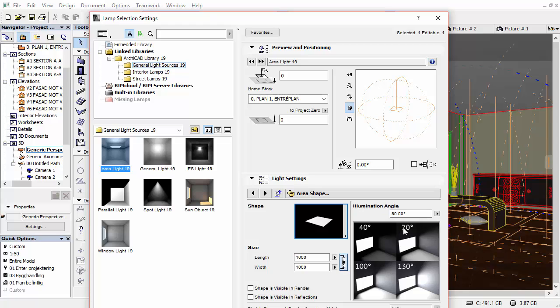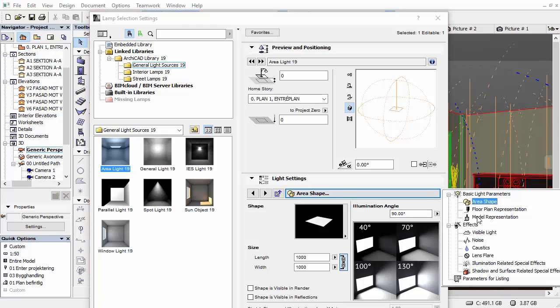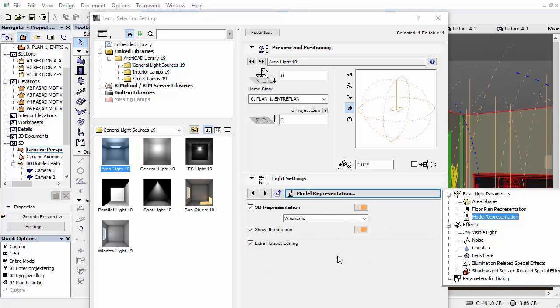This is how much the light is going to go around the object or the area. So you can go more and more by using a higher angle, like more than 90 degrees, say 103 or 130 or anything more than that. And then model representation. Actually, we don't have anything to do here at this specific light,